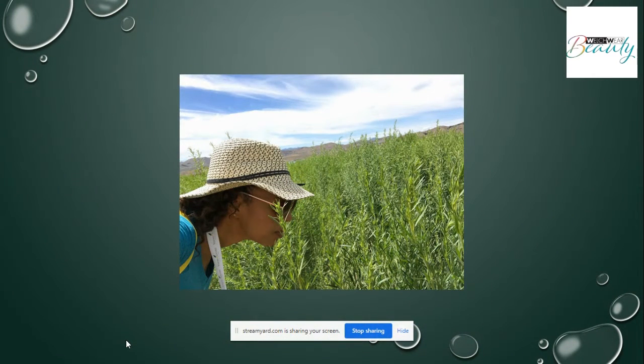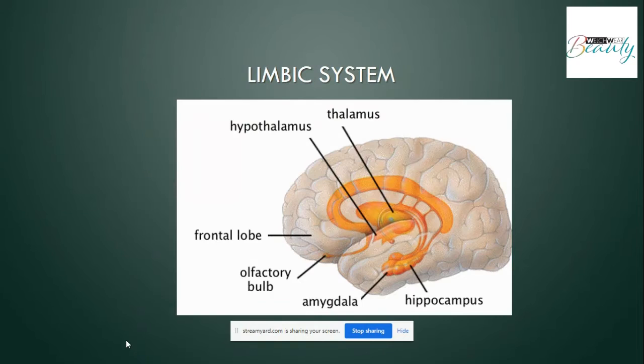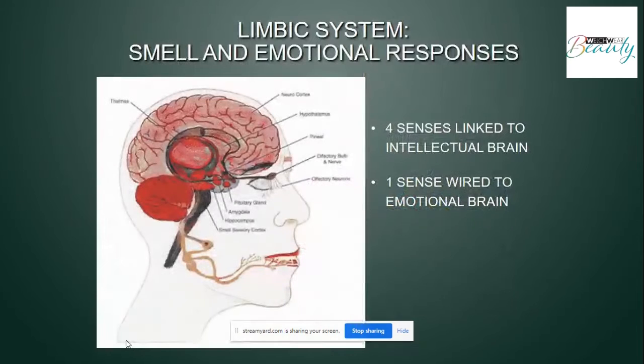And this is just me in the farm, and I'm taking it in. I'm going to move over this one. We're going to just talk quickly about how this works in our bodies, because I found this fascinating. So a part of my Young Living journey is also that I took a chemistry of oils class. Trust me, I do not like chemistry. It was not my favorite subject, but I really needed to figure out how this works. And what I found out was